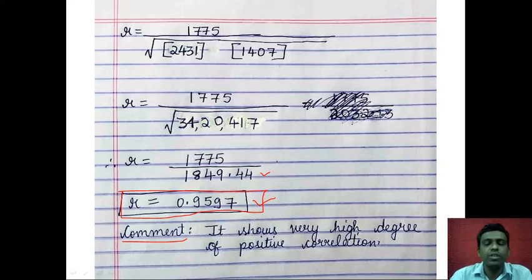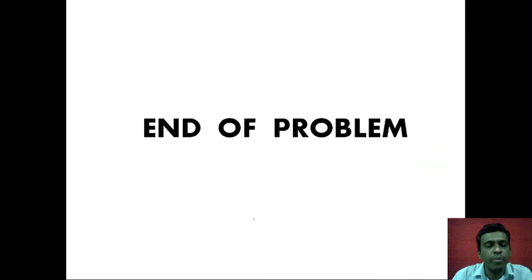Okay, so this is end of the problem. In the next video lectures we'll be starting with a different type of correlation, that is rank correlation. So I hope you understood Karl Pearson's coefficient of correlation. It is used whenever the actual numbers are given. So actual values only we are taking here, we are not changing the values. So in rank correlation, we'll discuss how we are not using the actual values and instead we are using the ranks there. So that we will keep for the next video lecture.